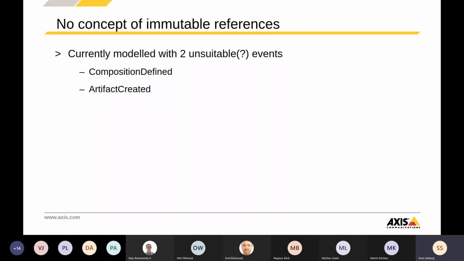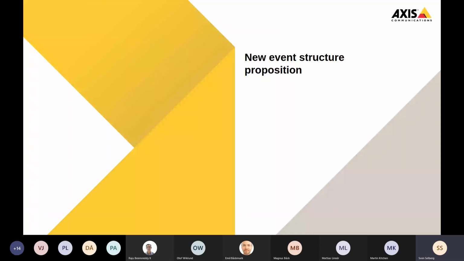And the tags, there's no concept of tags. It's currently modeled by sort of forcing composition defined and artifact created into some sort of description of a Git tag, which could be unsatisfactory. So my proposition for a new event structure is that